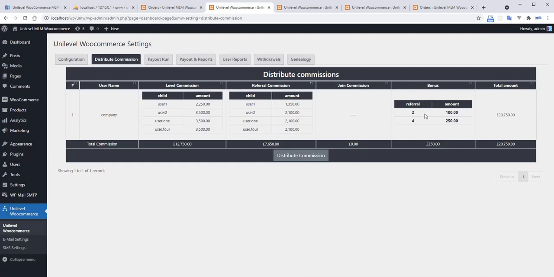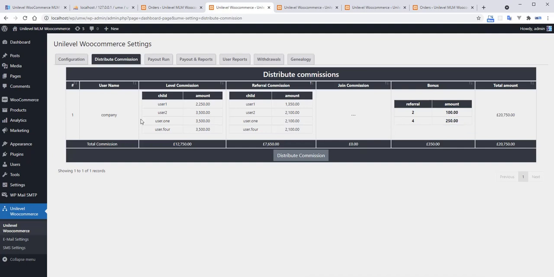And these are the bonuses, the regular bonuses we can consider. With two direct referrals, the company gets 100 euros. With four direct referrals, it gets 250 euros.